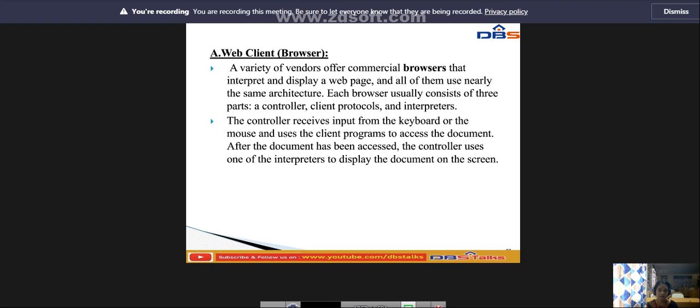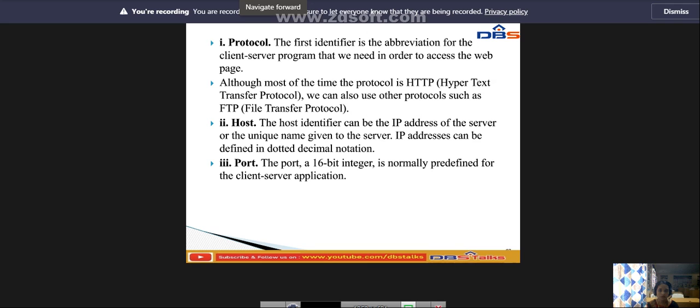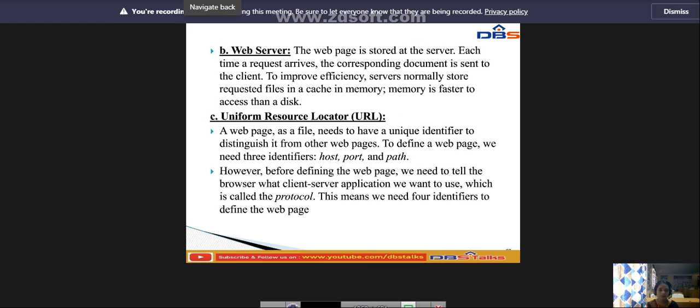The controller receives input from the keyboard or a mouse, and uses the client program to access the document. After the document has been accessed, the controller uses one of the interpreters to display the document on the screen.